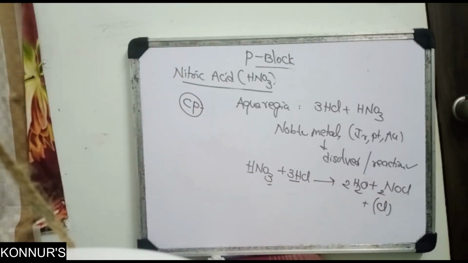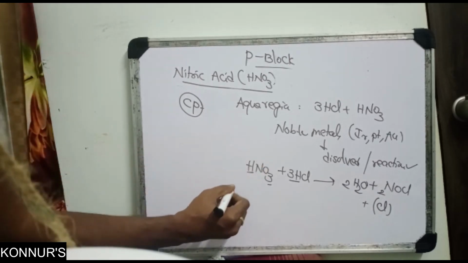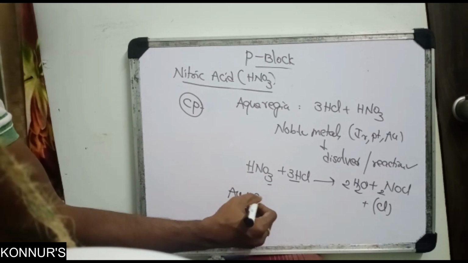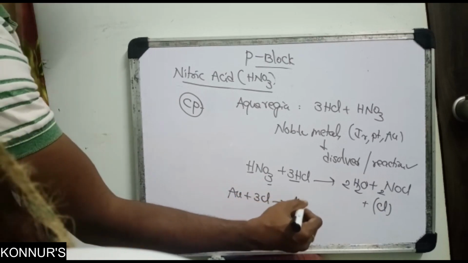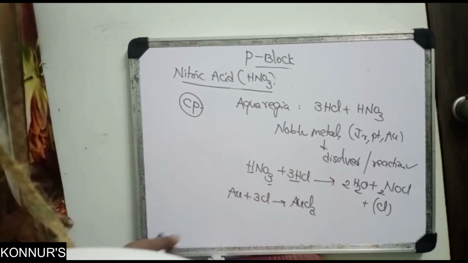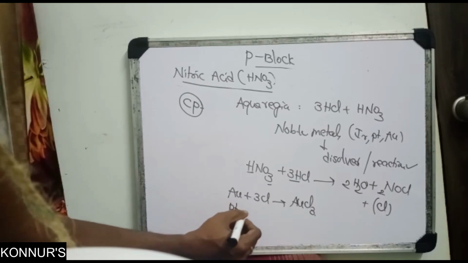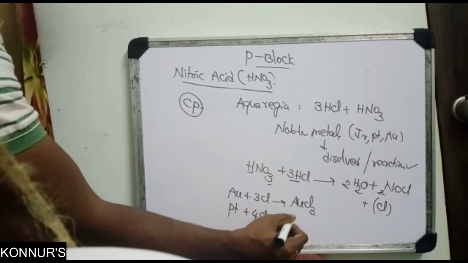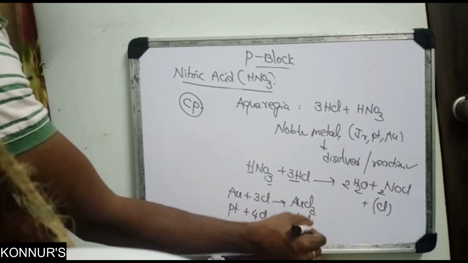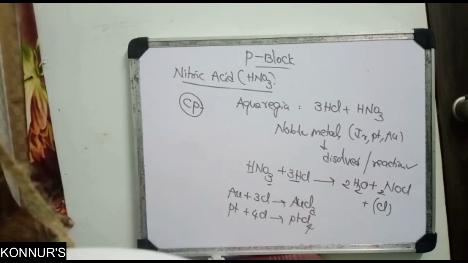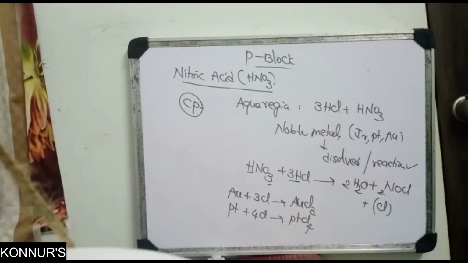Because of that, nascent chlorines are reactive with gold. Gold reacts with 3 nascent chlorines, you are getting AuCl3. Next, suppose platinum, you take 4 nascent chlorines, you are getting PtCl4. So that nascent chlorine is more reactive. That is only reactive with